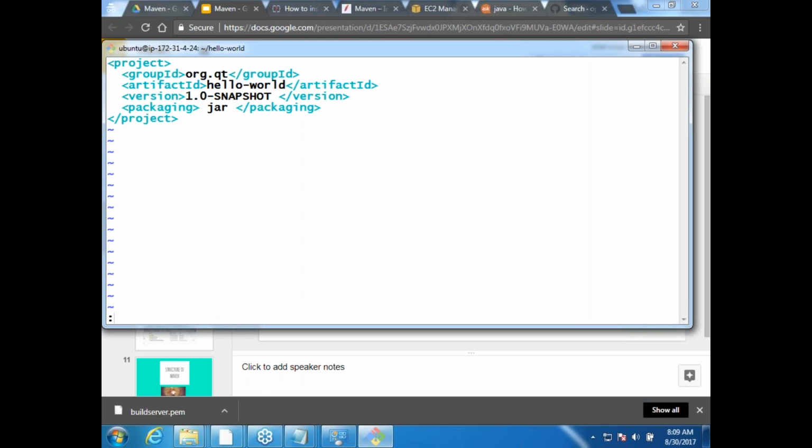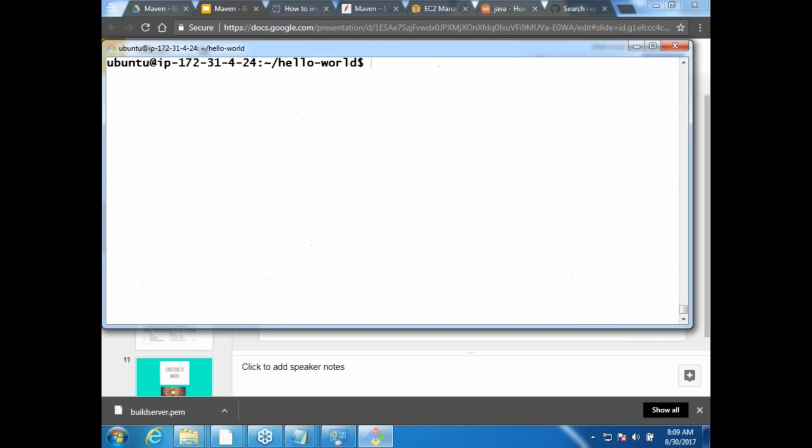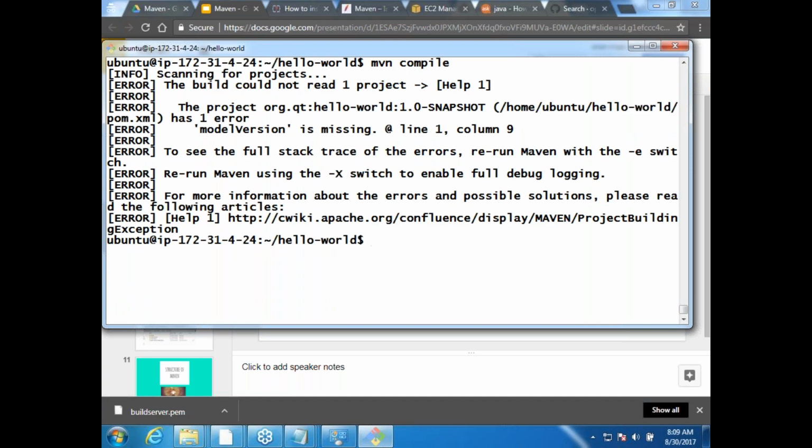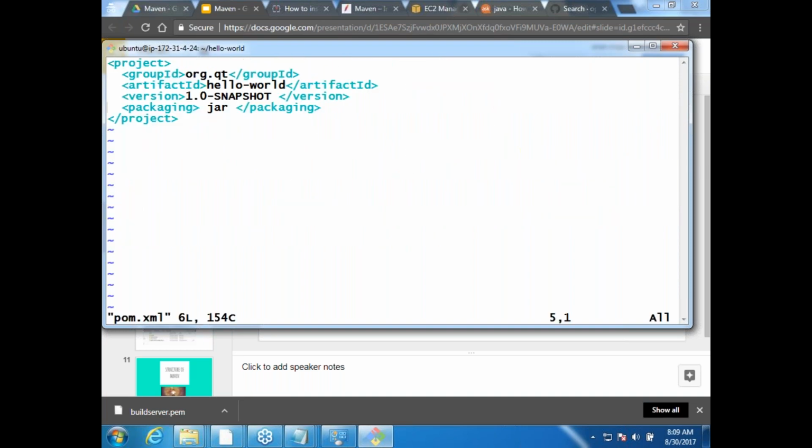Let me try to remove that and try, and then I would be inserting whatever I want. Basically what it says is model version is missing. So let us add that. So vi pom.xml.